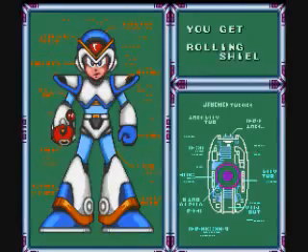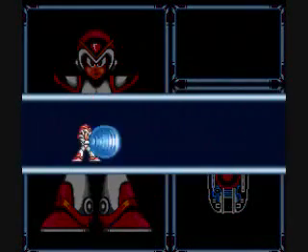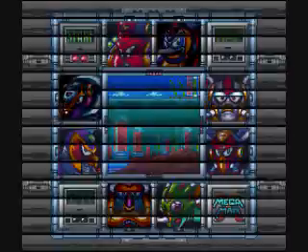So if you know that by heart and you're fast on your feet, you can pretty much just dodge that without a problem, electric spark or not. And the good thing about it is that it takes off his armor, and then you can hit him while he's rolling. Because if his armor's on and you hit him while he's rolling, anything just bounces off. And your prize for winning that is the rolling shield,